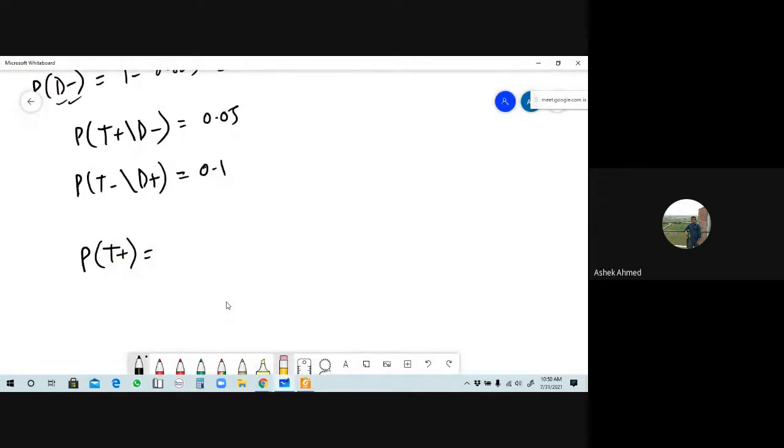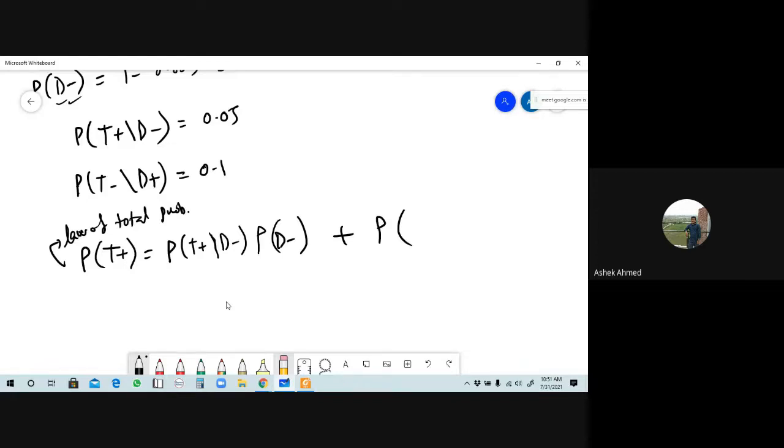So this is called here law of total probability. Okay, so from here can you say the value will be, how can you find out this? This will be probability of T plus given D minus into probability of D minus, this is given. এই ভুলে গেছো D minus, thank you, D minus. And another term will be কিছু তোমার টেস্ট পজিটিভ বের করতে বলছে, সিম্পটম নাই তার মধ্যে টেস্ট পজিটিভ বের করছে, বাট এখন কি হবে সিম্পটম আছে তার মধ্যে টেস্ট পজিটিভ থাকতে পারে।